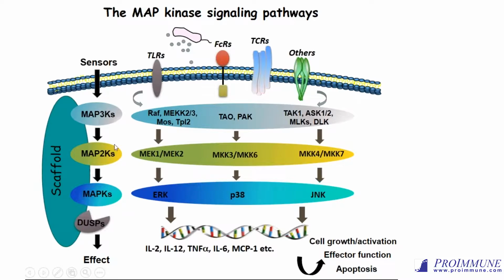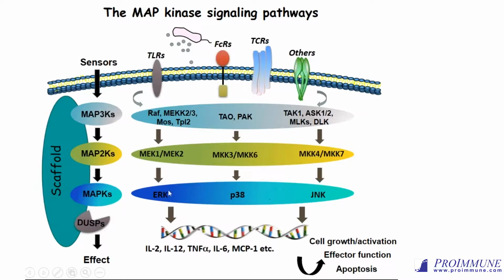a cascade of phosphorylation. In mammalian species, we have three major groups of MAPK known as ERK, P38, and JNK. These kinases are downstream targets of cell signaling, such as cellular receptors like the toll-like receptor, as well as the T cell receptors. In response to the signaling, phosphorylation goes from MAP3K to MAP2K, and eventually leads to the dual phosphorylation of the MAPK in its activation loop.